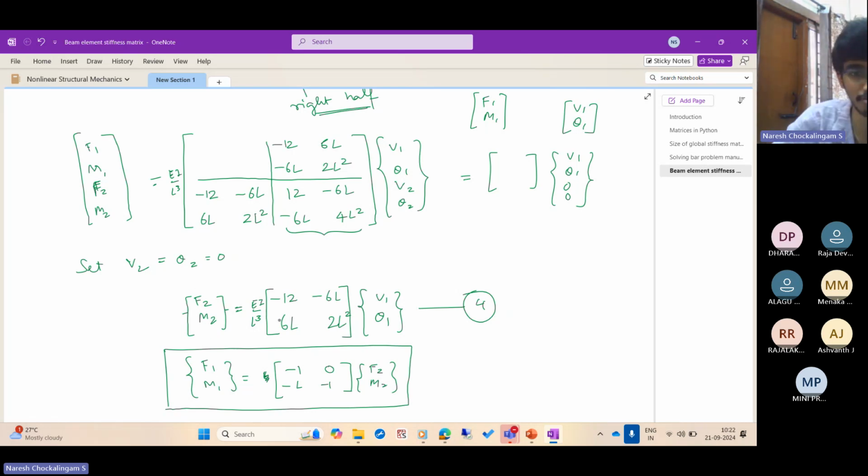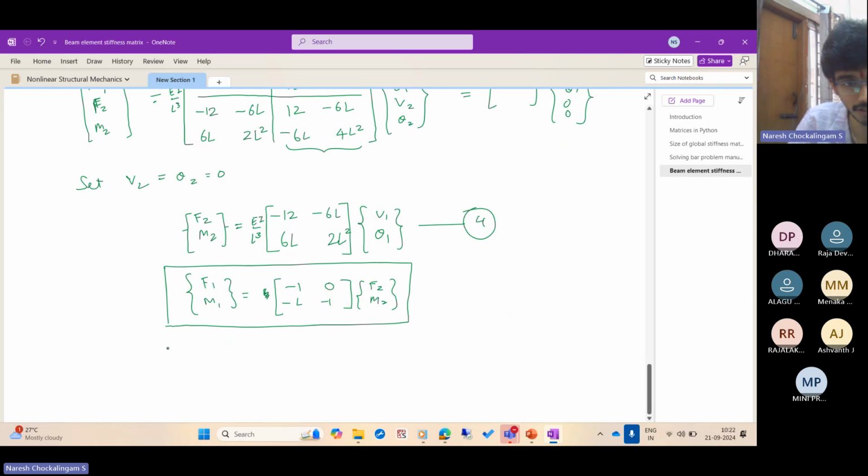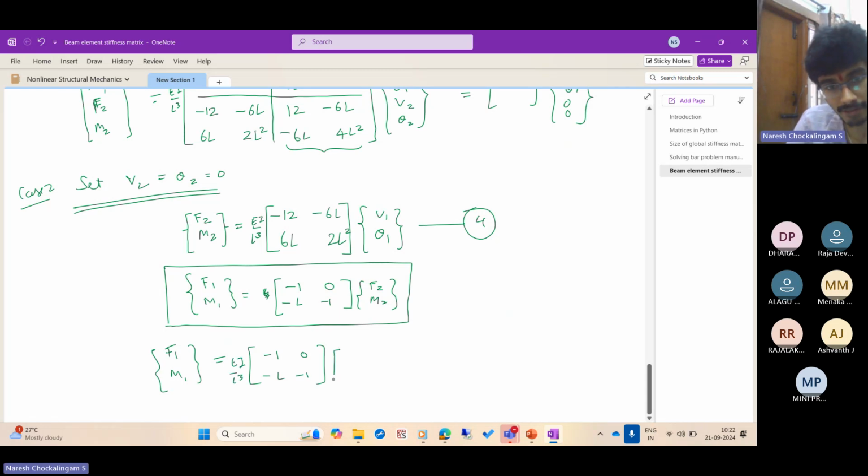So let us get F1 M1 from this equation. What do you get? So you get F1 M1 for this case, let's call this case 2. For this case, F1 M1 is -1 0 minus L minus 1. We'll take the EI by L cube outside, multiplied with -12 minus 6L 2L square. What is this equal to? It is EI by L cube